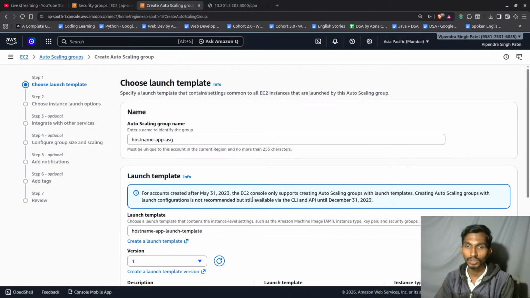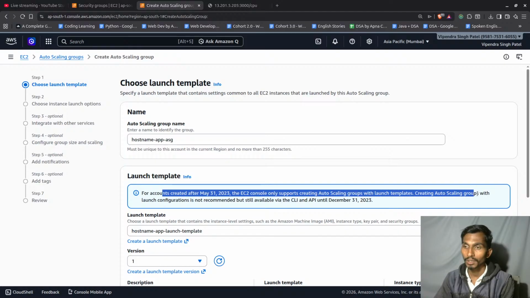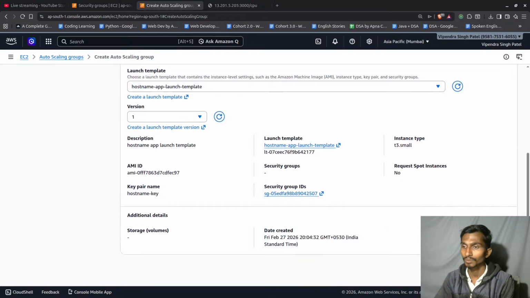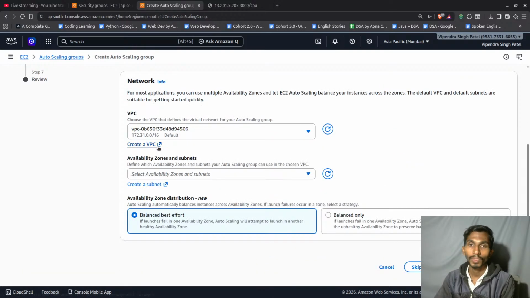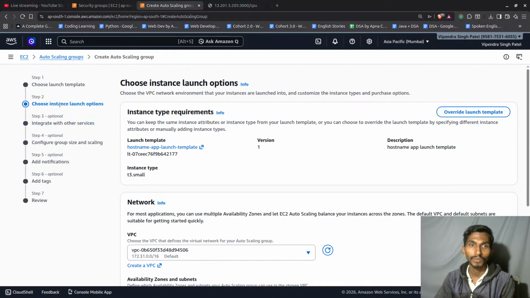And once this is done, then for accounts created after May 31st 2020, the console may support creating auto scaling groups with launch templates. Creating auto scaling groups with a launch configuration is not recommended, but still available via CLI and API until December 2023. Okay, it's already gone. Click on next, and from here I have to just choose the instance or launch instance